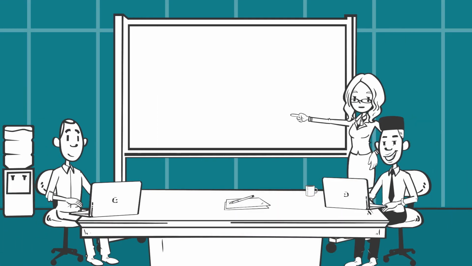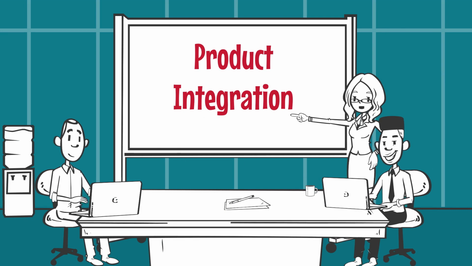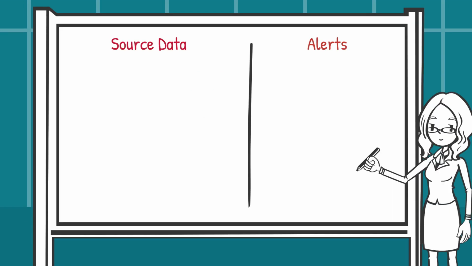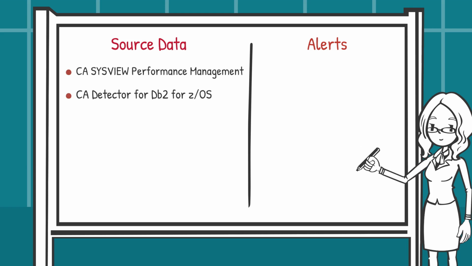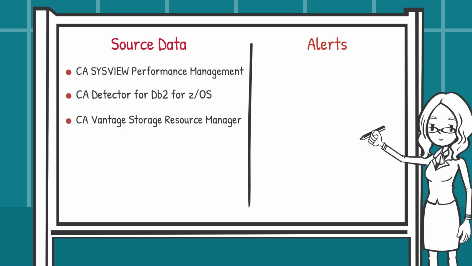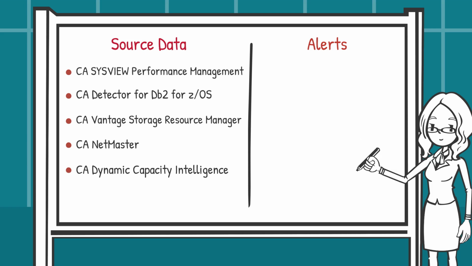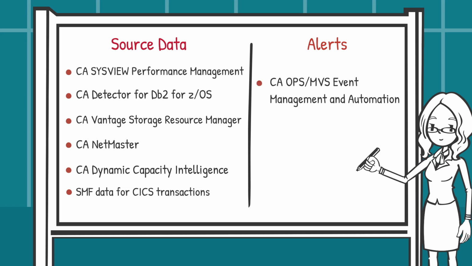CA Mainframe Operational Intelligence integrates with a number of CA Technologies products. For example, you can obtain source data from products such as CA SysView Performance Management, CA Detector for DB2 for z/OS, CA Vantage Storage Resource Manager, CA Netmaster, and CA Dynamic Capacity Intelligence. In addition, you can stream SMF data for CICS transactions. You can also obtain alert information by integrating with products like CA Ops/MVS Event Management and Automation and CA